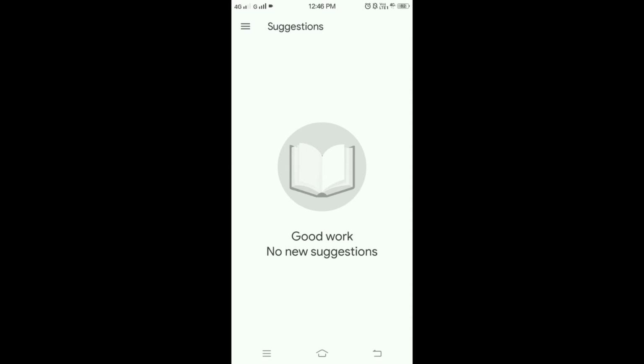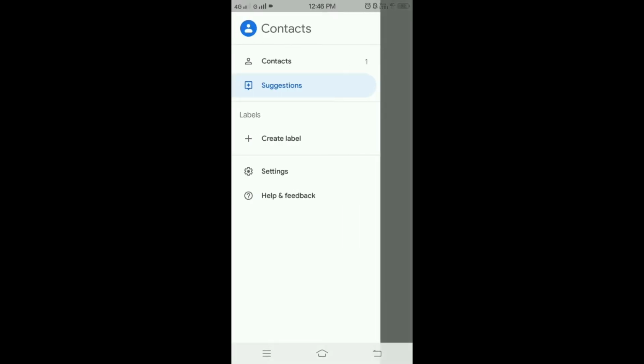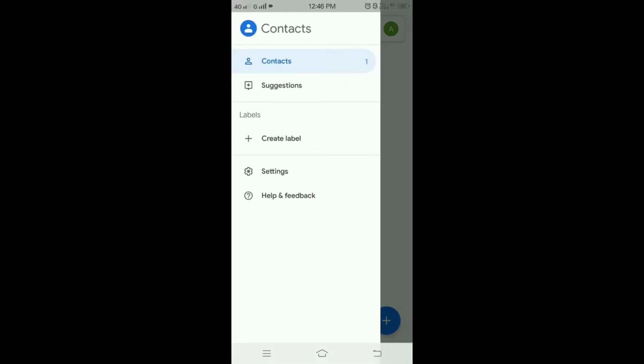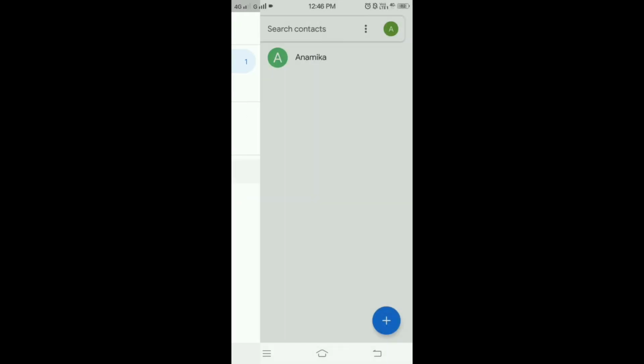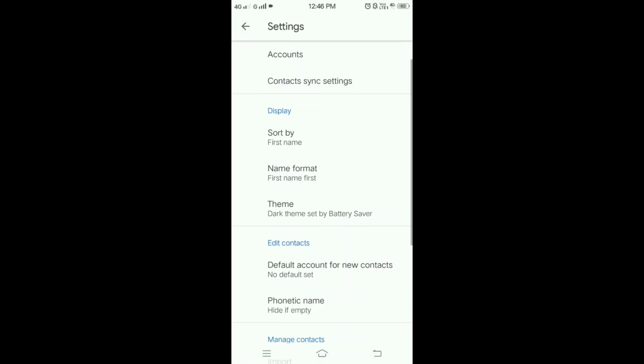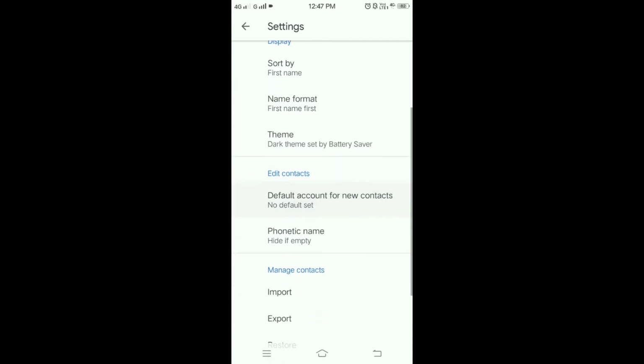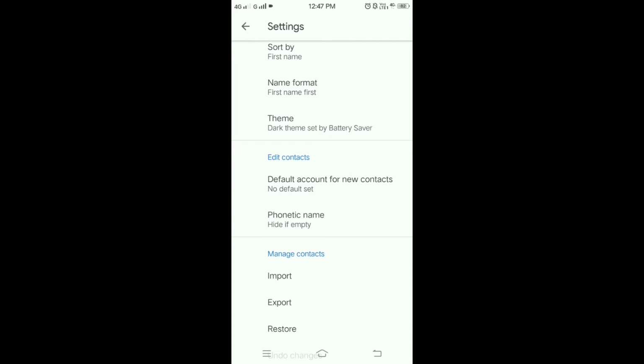Here you can also view your contacts by work versus personal, and also you can access the contacts in your Google account from any device. Here you can see you can create labels, and in settings you can sort by first name, or name format is there, and you can select any theme.